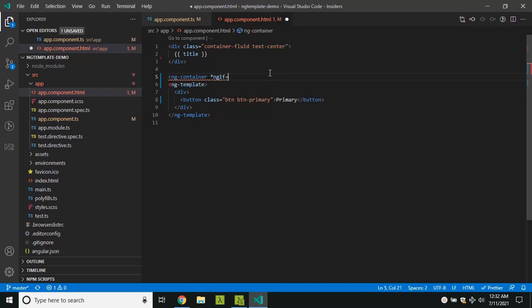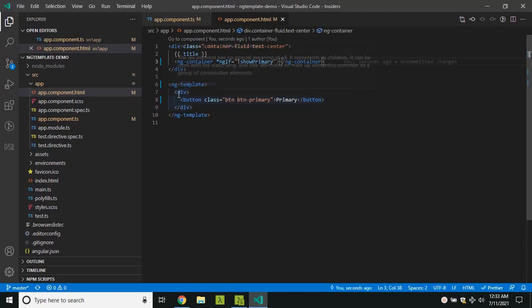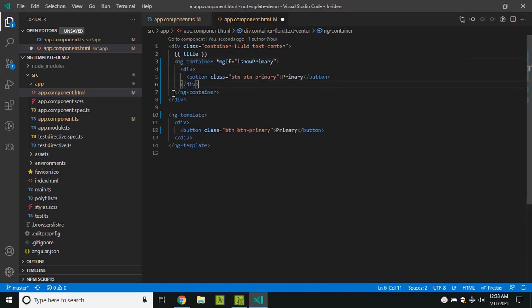It will be based on a property called showPrimary, and based on the showPrimary value it will either display this primary template or I am going to add a secondary button. So that will be the default. I will add it here, and I will name the button as secondary.